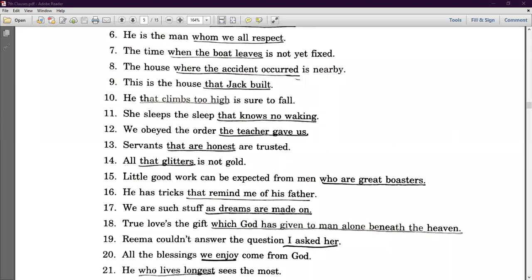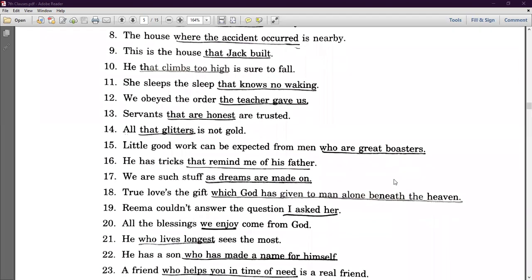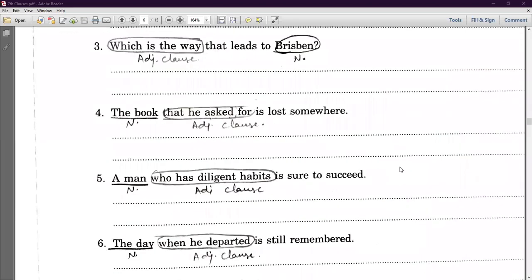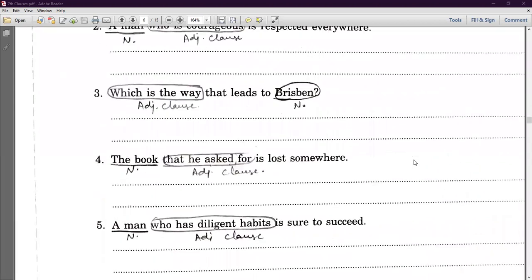Ma'am, on page number 225. Yes, on page number 225. Yes, dear. Ma'am, third point I can't understand. Can you please explain me? Which is the way that leads to Brisbane? Yes, ma'am. Brisbane is a noun. Brisbane is a name of a city in Australia. So Brisbane is a